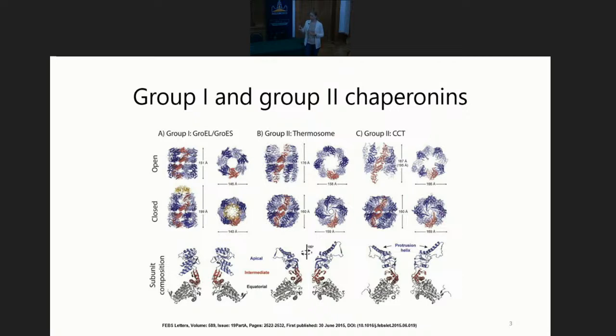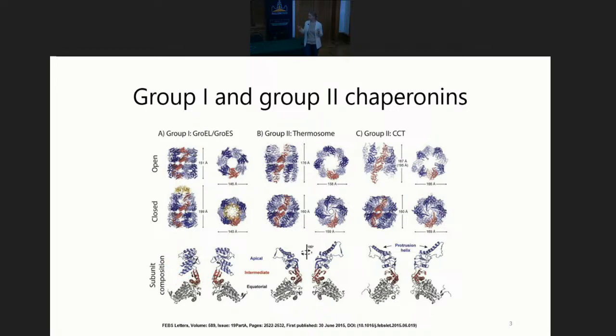The chaperonins of the second group work similarly. Structures are similar with several differences, such as they don't have this GroES lid. They work without co-chaperone. They also have different subunits, so they are less symmetrical by their nature. But we are now not going into the details about them. I want to tell a little bit more about each individual subunit and how it is arranged.